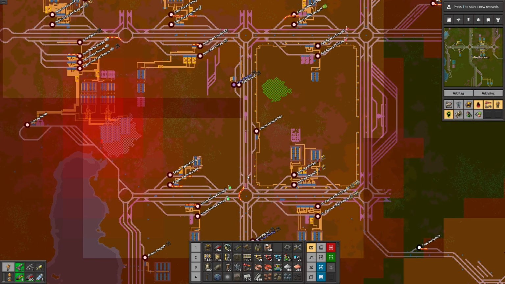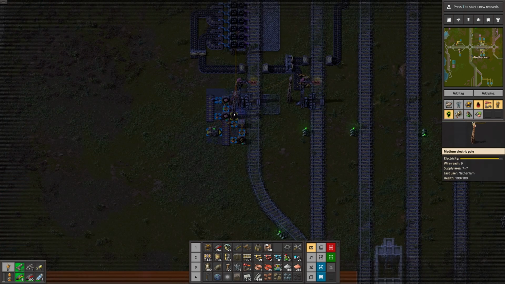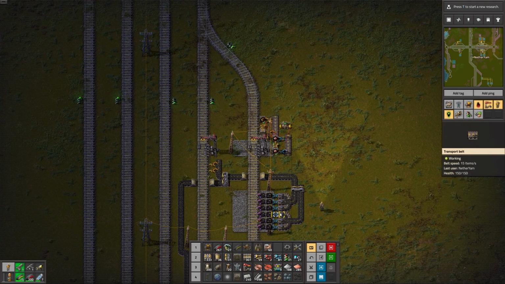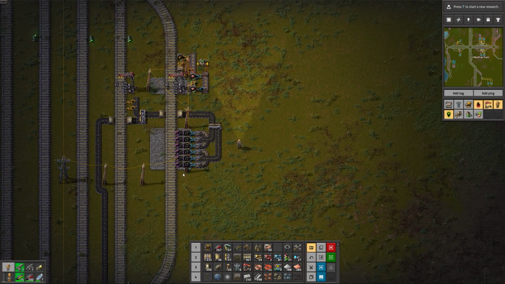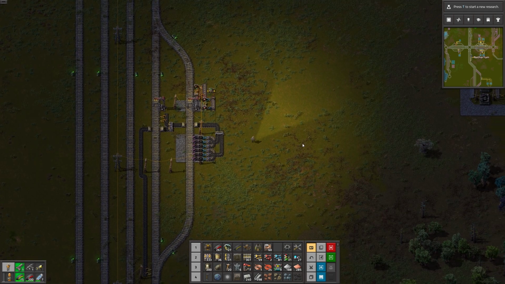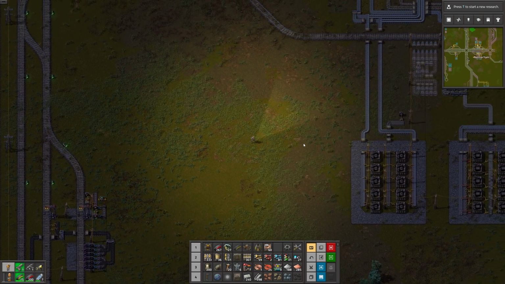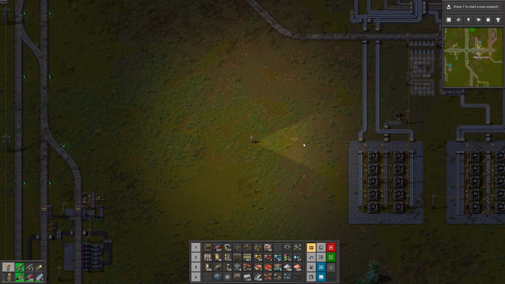Because if this wasn't working, presumably it would only ever go here, and these would be full, but these would be empty, and it wouldn't be working. The fact that these are full, I think, means it works. All right, anyway. So, things like power poles and